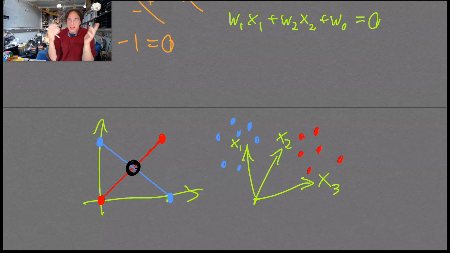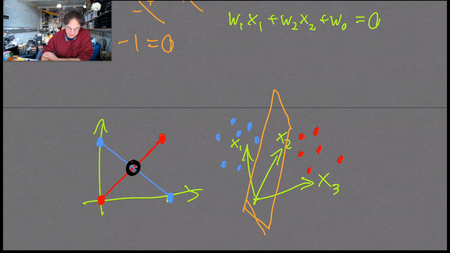And in general, if you have n dimensions, then the boundary is a hyperplane, which just means a space of one less dimension than the total number of dimensions. Right, so when we had 2 dimensions, we had a line to divide the 2 halves because it's one less dimension, and so on. So here, for example, we would be able to find some kind of plane that would divide these 2 sets of points,